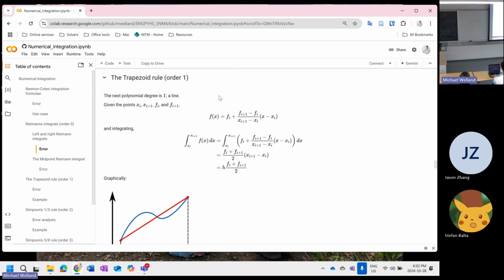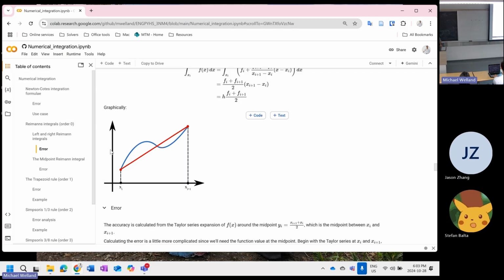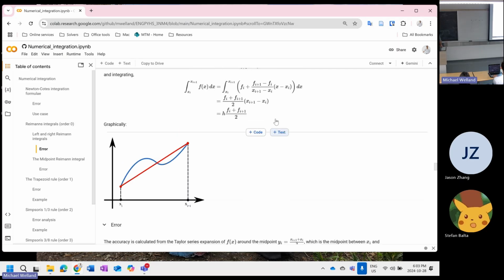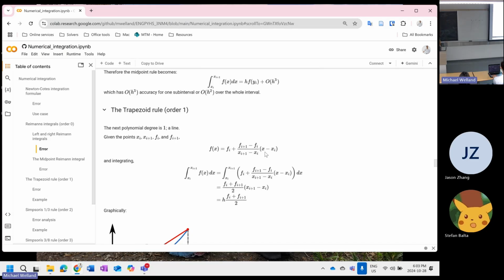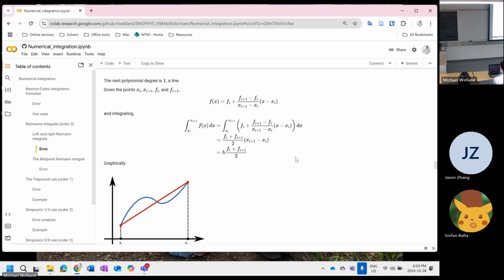So trapezoid, this time I do know what it is. It's just a four-sided object with a straight line on top. The idea there, this is the first order Newton-Cotes, first order polynomial being a line, right? Literally all we're doing here is we're just taking